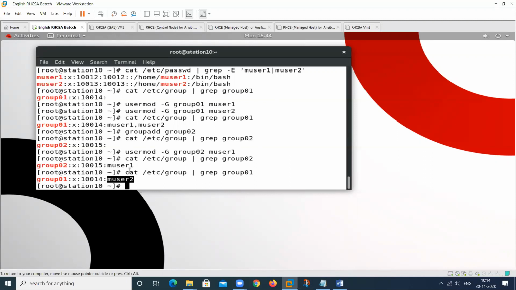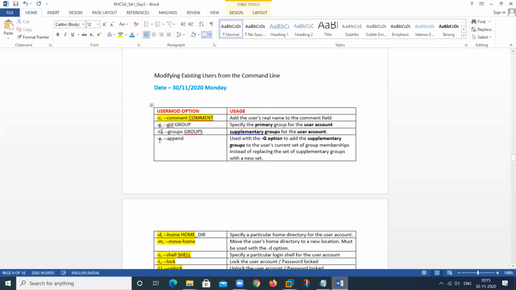But I want the user to remain part of this group and the new group also. Then how can I do this? We should add the -a option, this one. This is used to append a user to more than one group.